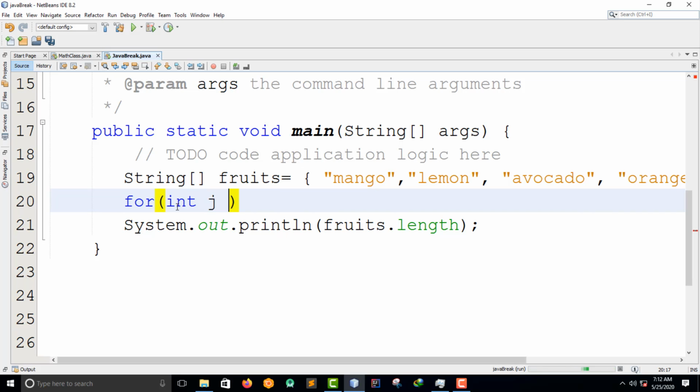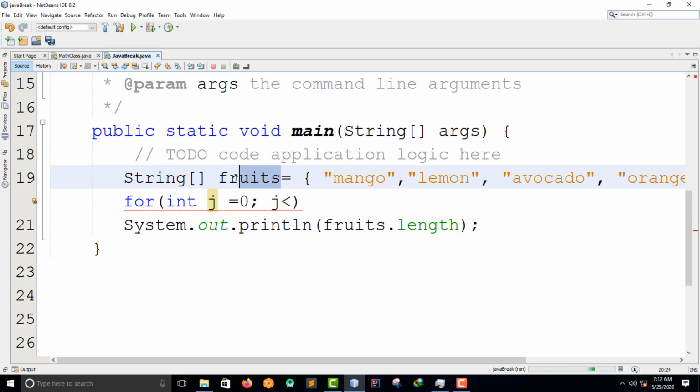Then int j is equal to 0. The next thing I do is j is less than the length. If you don't know the length of the items inside, we use the method that we have already used. Because we don't know whatever is in that fruits, we use this keyword.